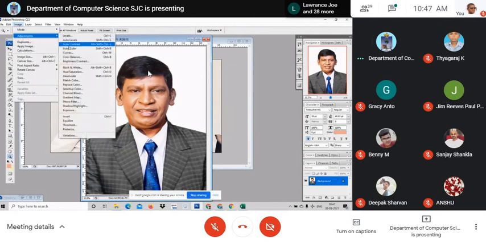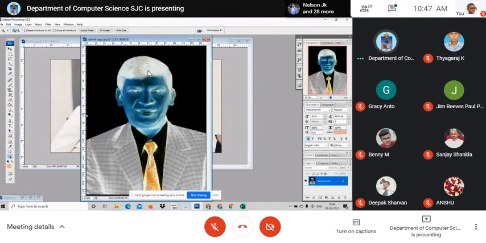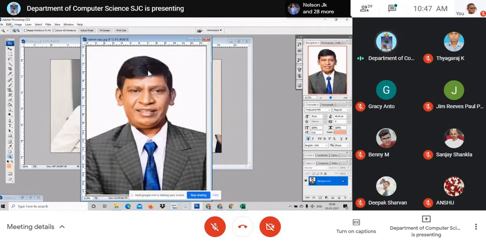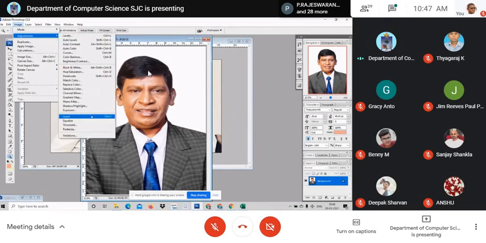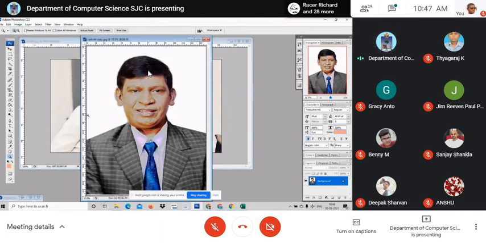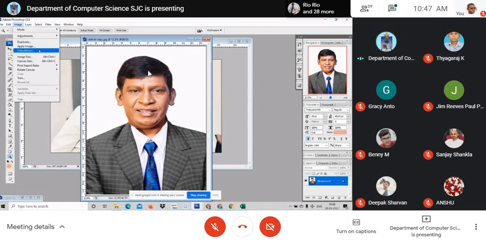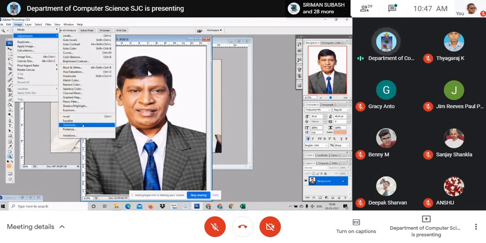Right. Finally, we have got invert. Invert is completely changing into the opposite color. Inverse, negative image. Look at here. See, inverse. Once again, I shall do it. This inverse. Control I. Okay, that is inverse. Then equalize. When I click here, only one click it works. Equalize. Okay. Then we move on to the next one, threshold.